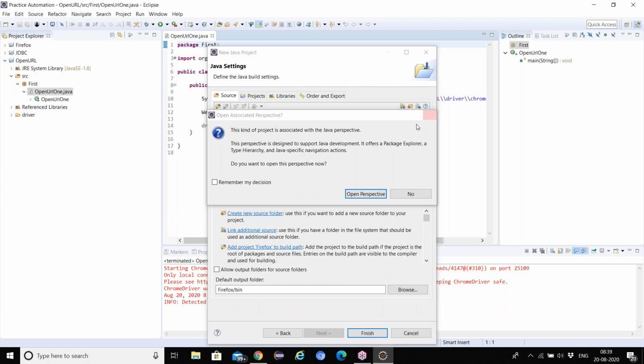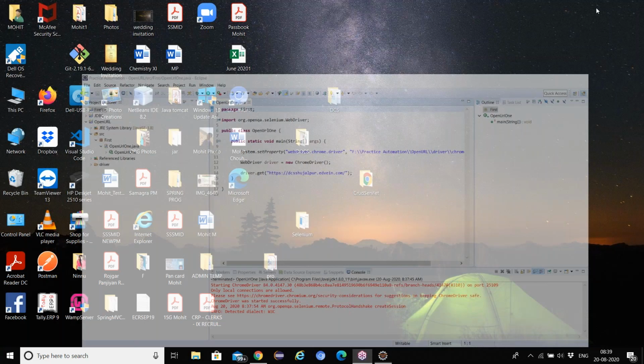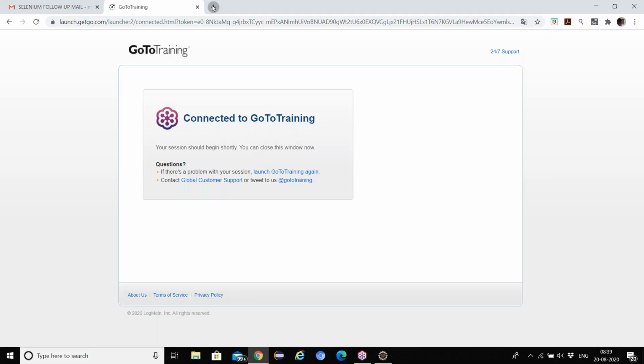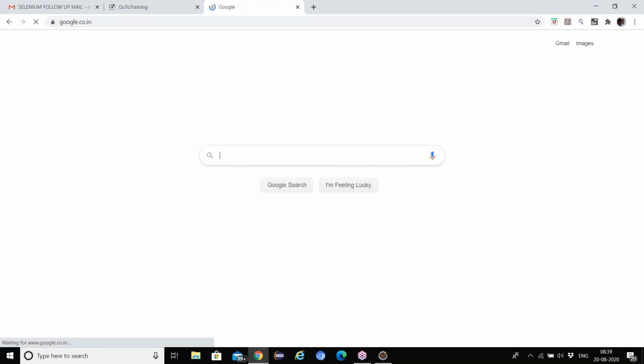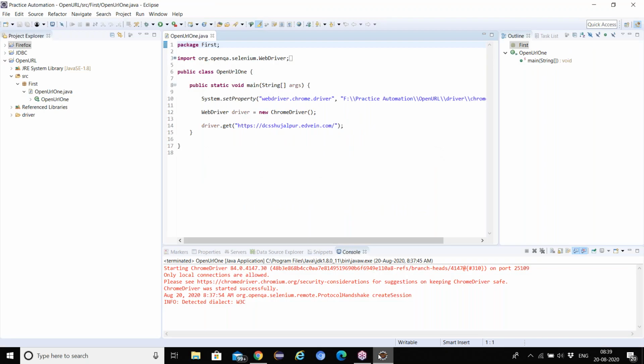Okay, so can you close this program? Open the URL in one.java. Just close that program. While you are doing that, don't get confused, just close all the things, okay? Then open the Eclipse again.